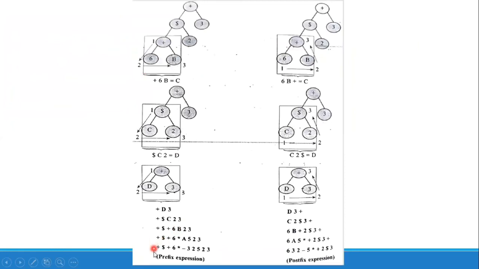So here we get the prefix expression and the opposite of that will be the postfix expression. The thing to note here is that in an expression tree, if the tree is traversed in pre-order, we get the prefix expression, and if we traverse in post-order, we get the postfix expression. If we traverse in-order, we get an infix expression without parentheses.